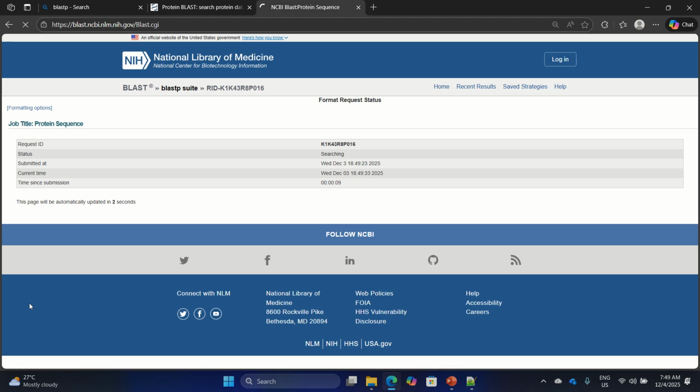It's taking some time. Later, it's going to show the search result here. It's actually not performing a search, it's performing sequence comparison.